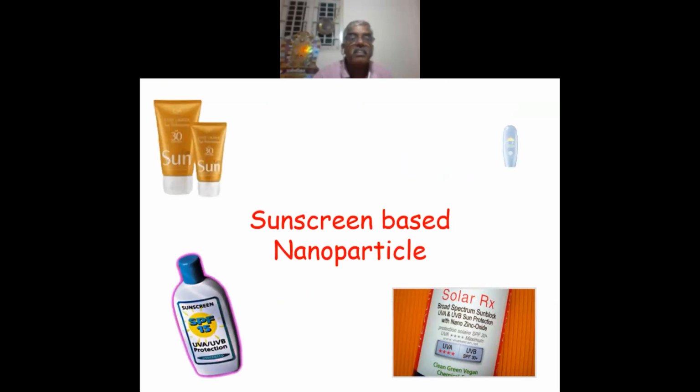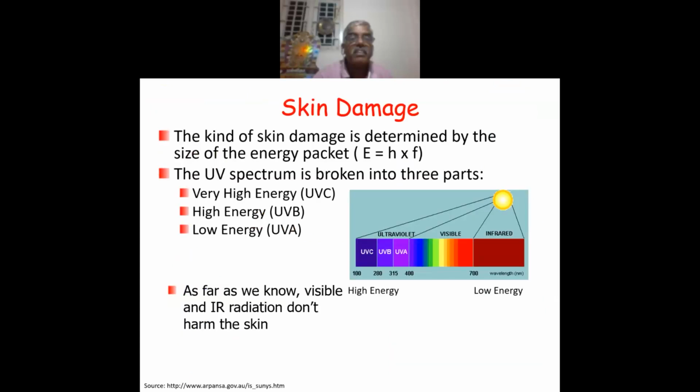Some other sunscreen-based nanomaterials are very interesting. I have a slide over there: sunscreen-based nanoparticles. So why are we worried about sunscreens? The skin damage is caused particularly not by infrared or visible light, but by ultraviolet, which is dangerous. UVA, UVB, UVC, UVC is dangerous. How can we control these things? How to avoid the sunlight